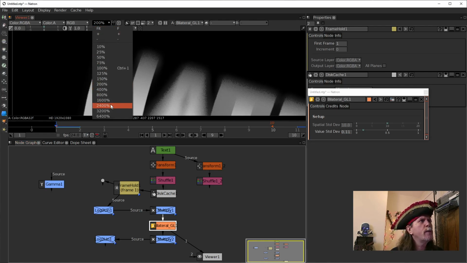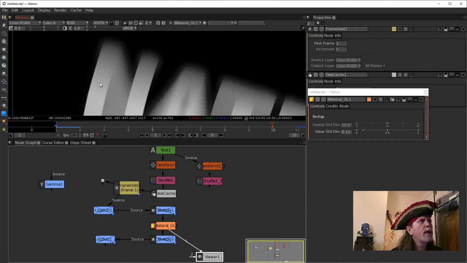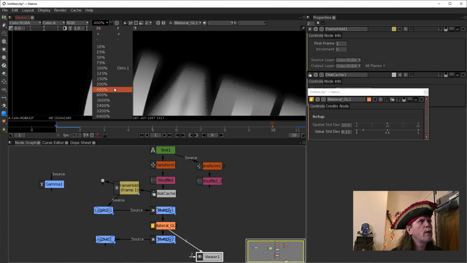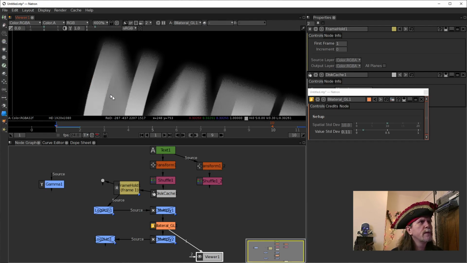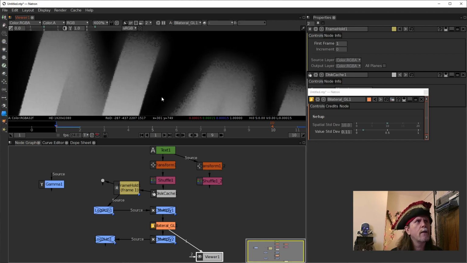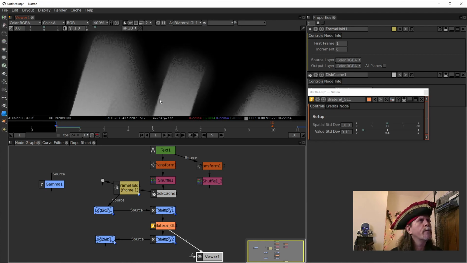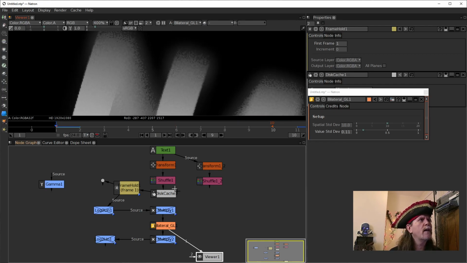I'm going to actually zoom into 400%. I hope that does not cause my cache to redraw. I don't know if that made my cache up. For some reason, we're not redrawing. Uh-oh, there we go. All right, so here's our image up at 400%, and we can see as I scrub through these